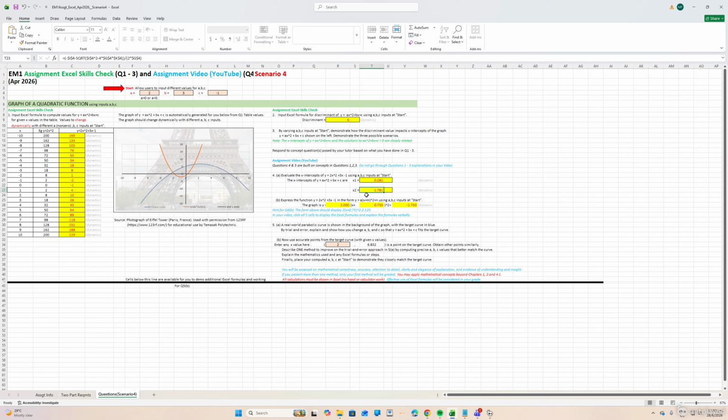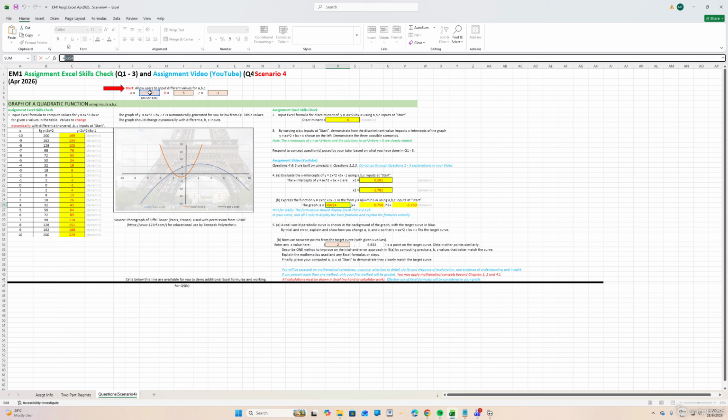So for 4b, it says here to express the function of y is equal to 2x squared plus 3x minus 1 in the form of y is equal to a bracket x plus m close bracket squared plus n using ABC inputs as start. So for this part, by following what it wants, by copying just as how it is here in the equation, y is equal to a, and a represents g4 right here, and over here for m, the equation would be